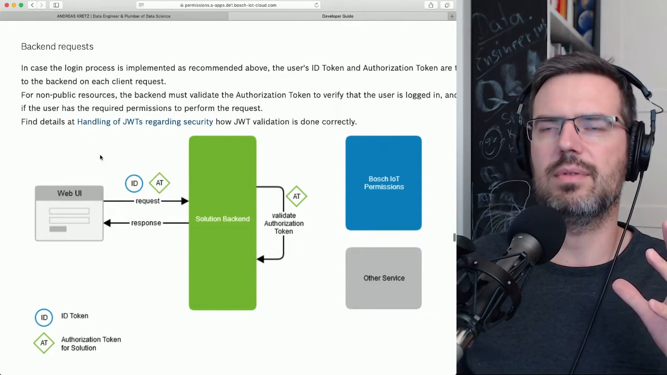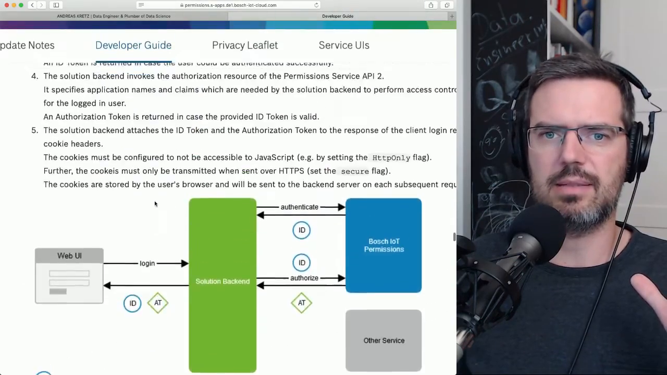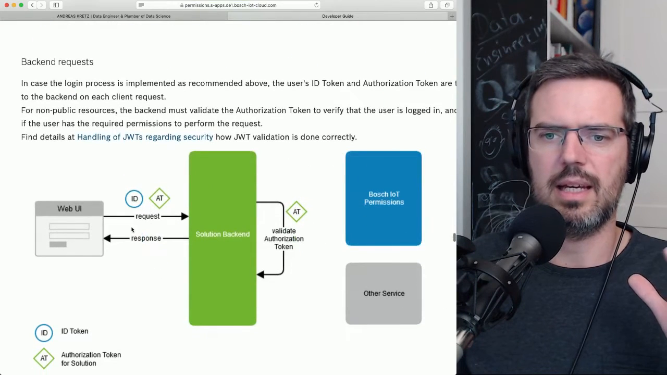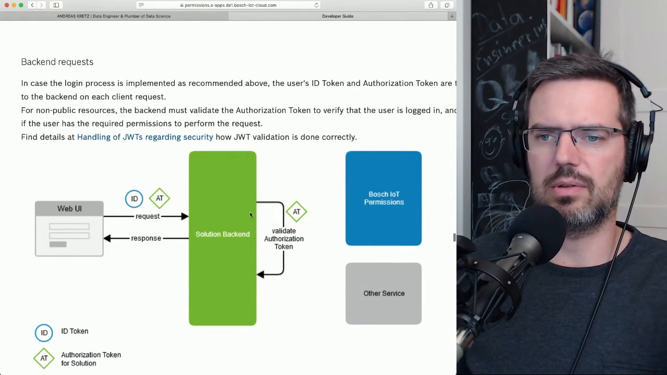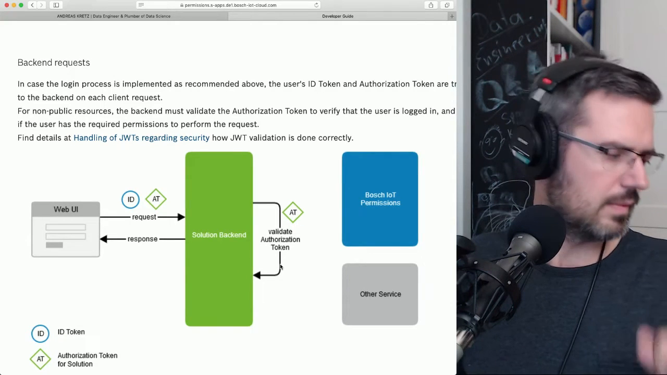Okay, this is for instance the example with the backend request. So this was what I said for the login. You could then get both tokens, and when you do a request, you bring both tokens. The backend validates the token if that is